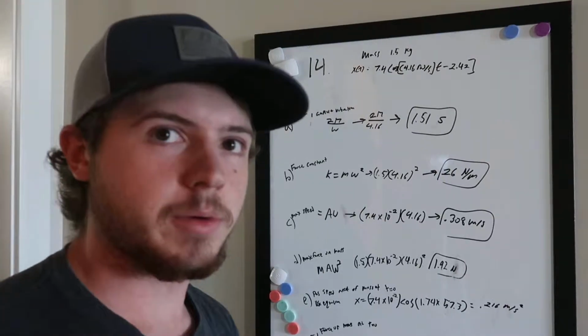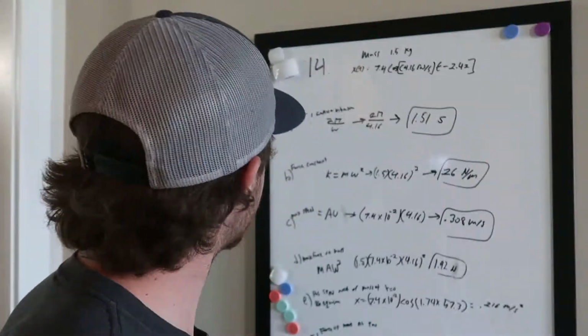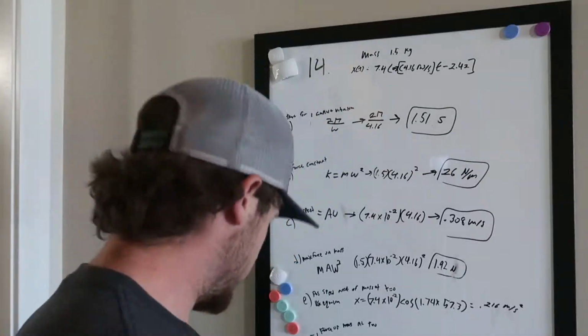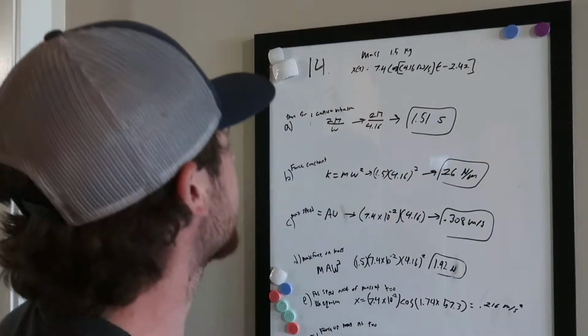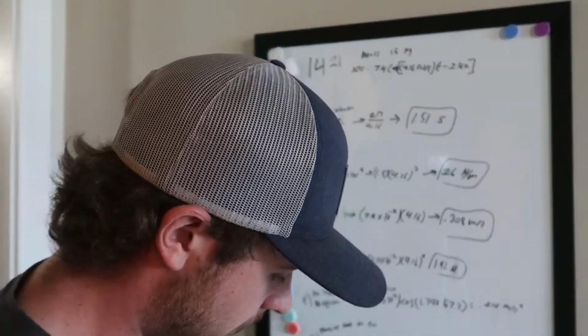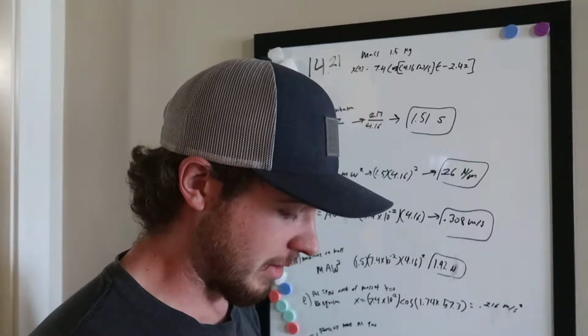Okay, so we're looking at question 21 from chapter 14. Probably ought to write that down. Okay, 21, chapter 14, and it says a 1.5 kilogram mass on a spring has a displacement as a function